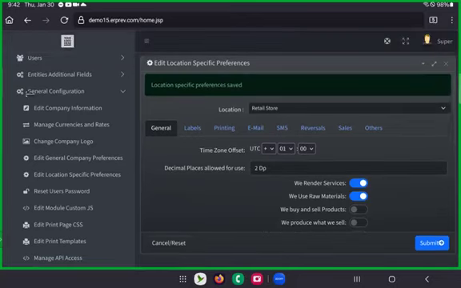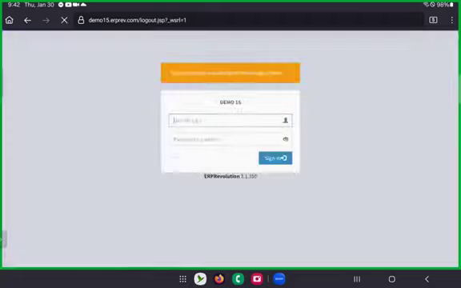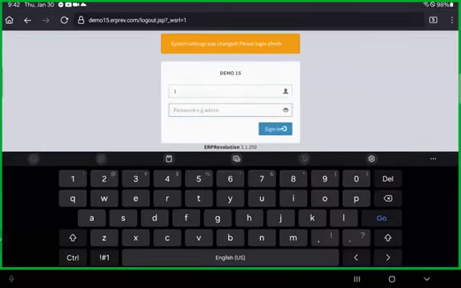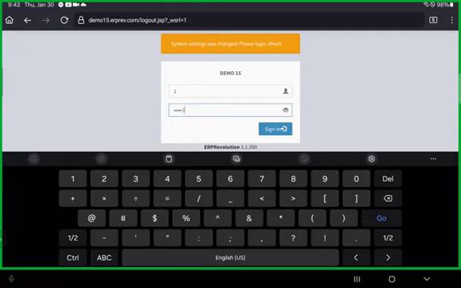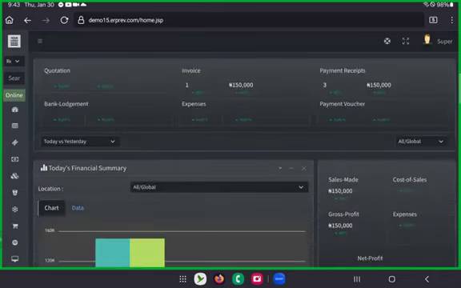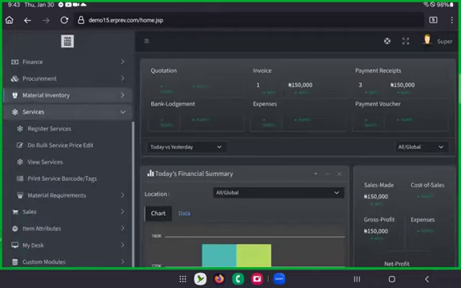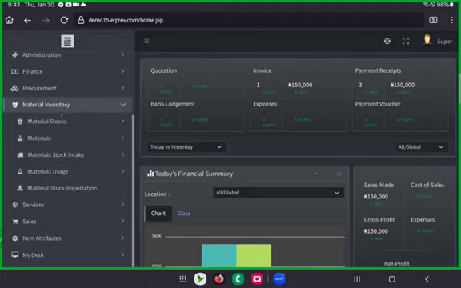Now, once you do this, system is going to log you out if you try to do any other thing. Not just you, every other system user that is associated with this account, system will log them out so that whatever you did would take effect automatically. So we're logging in again. So it takes us in this time around. If we go to services, we're going to see an additional field there that's like material requirements. You see material requirements. So let me go ahead and register